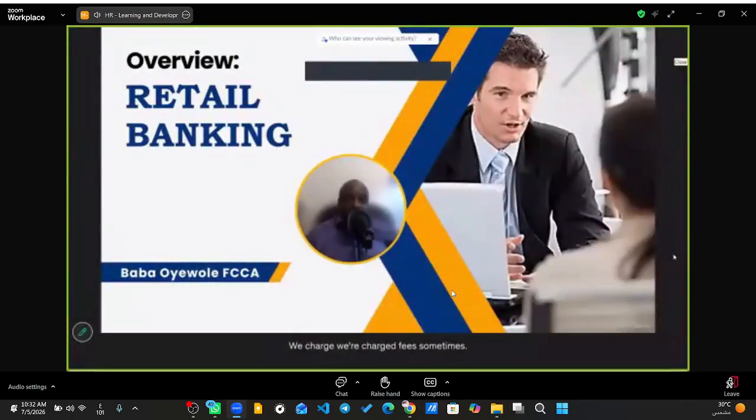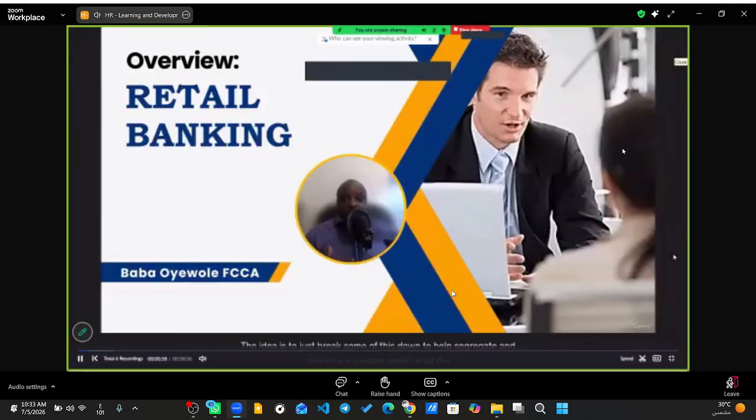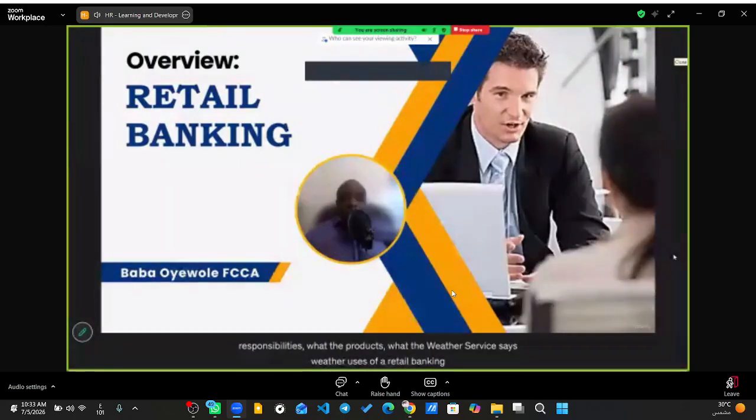We're charged fees sometimes. And some people go to their branch and talk to their branch manager, and sometimes you use an app and so on. The idea is to break some of this down to help describe in greater detail what the responsibilities, the products, the services, and the uses of a retail banking service or business could be, what they're meant to do, how they do it, what products they offer, who they engage with, what kind of terms